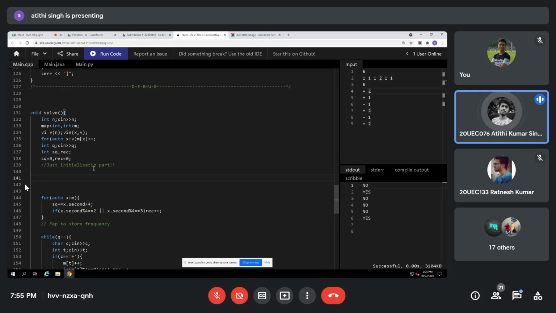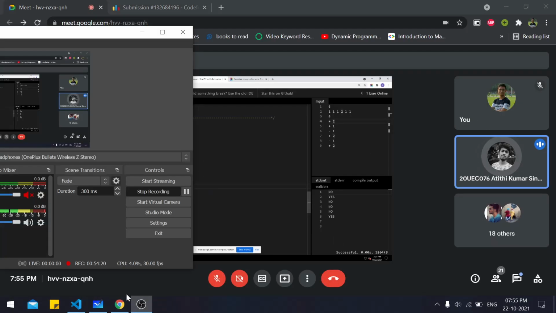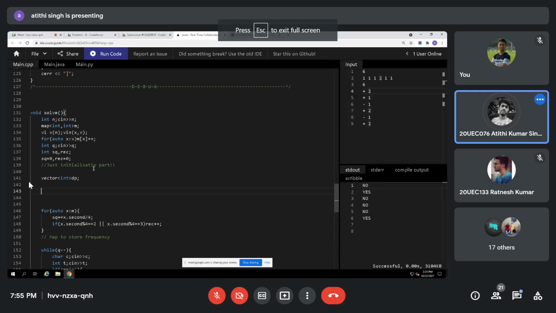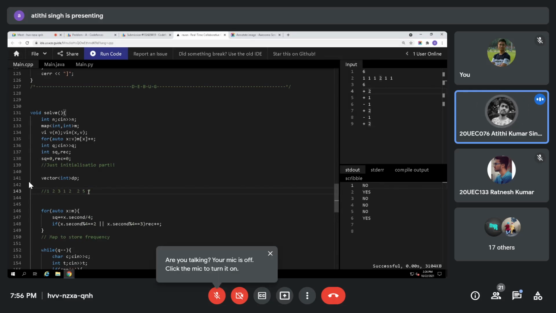Okay, so if I have a vector, let me call it dp, and say I have an array like this: 1 2 3 1 2 2 5 7. We can say that 1 is occurring 2 times, 2 is occurring 3 times, 3 is occurring 1 time, and 5 and 7 are also occurring 1 time each, in this array.